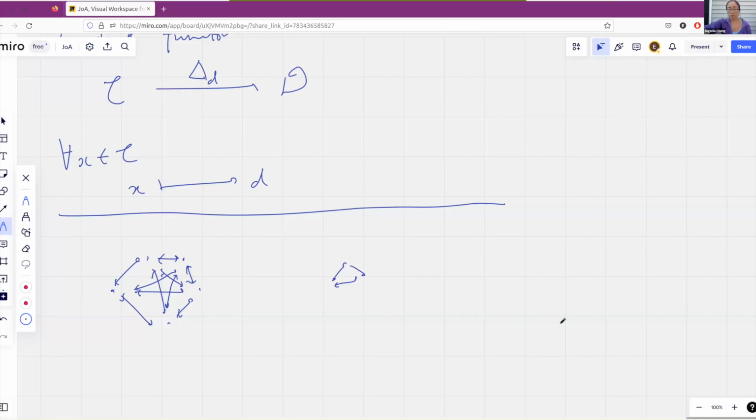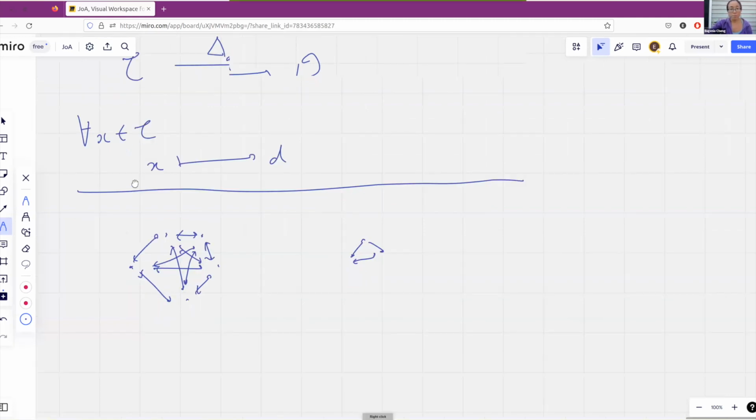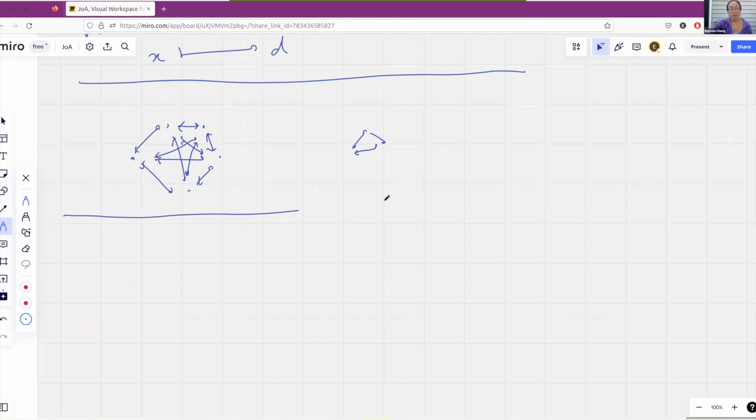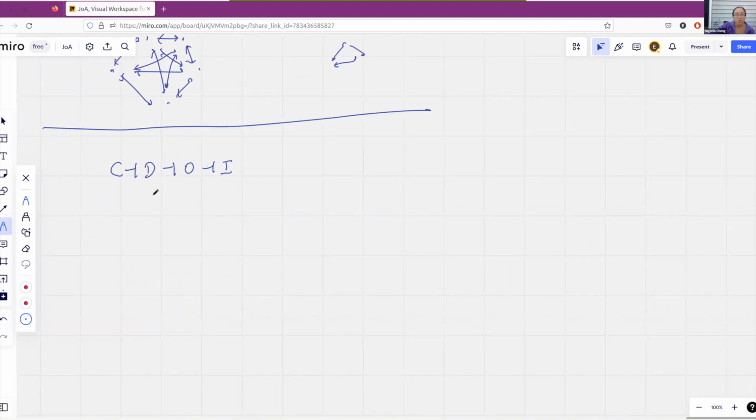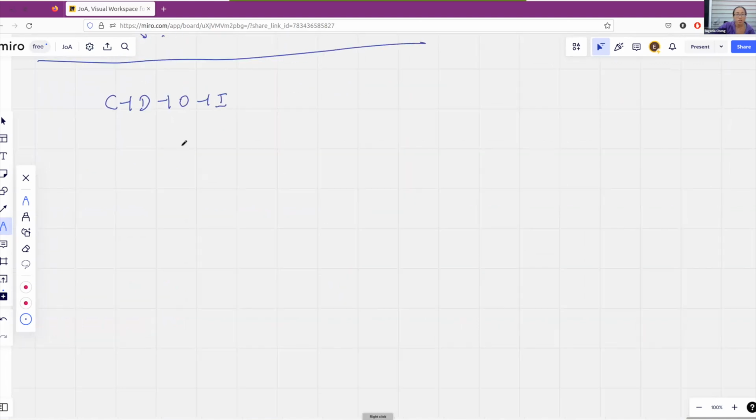I should switch back to the whiteboard. If you don't know what adjunctions are, don't worry about it. I've mentioned them a couple of times before because people asked questions about them. But there is an adjunction that I honestly remember as going like this: C, D, O, I. And this is for discrete, that's for indiscrete, that's for objects, and that's for connected components. So this is an adjunction dealing with functors between